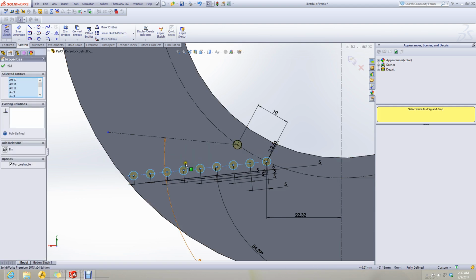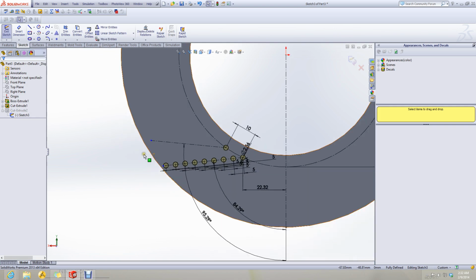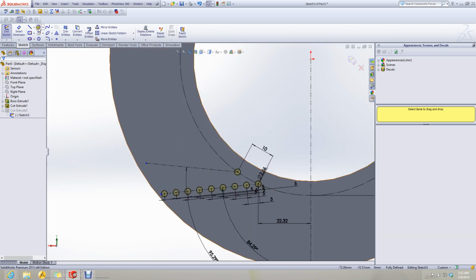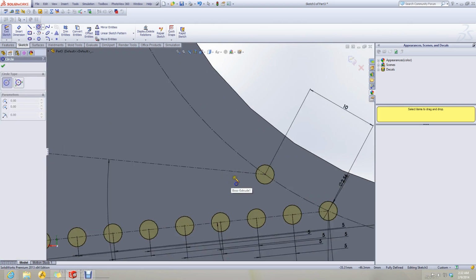This is not working, I guess. So I will make circles here manually as well.